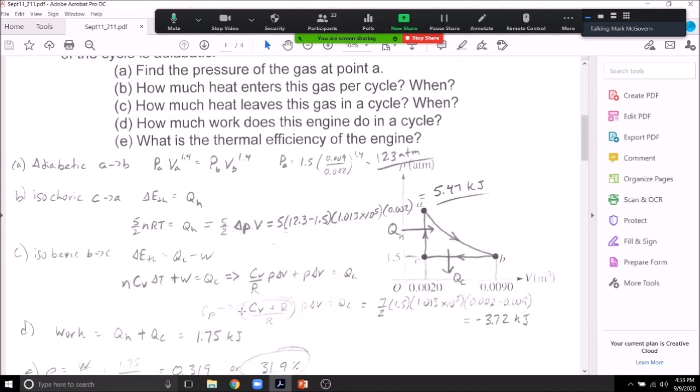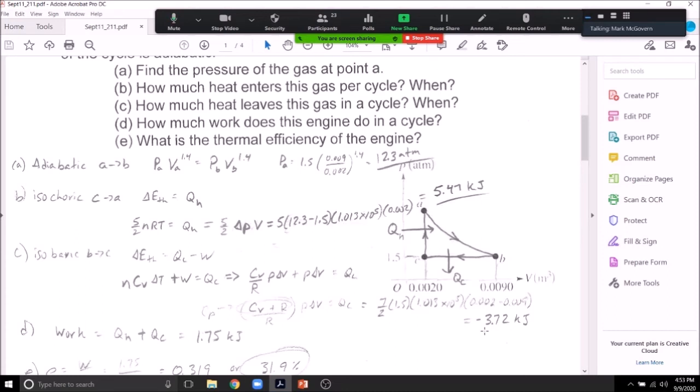Now, by the way, if you remember back a couple lectures ago, we talked about two different values of specific heats for gas: constant volume and constant pressure process. In a constant pressure process, there's extra work being done, so your CP value is a little bit bigger. Actually, it's bigger by R. But you don't need to do that. So anyway, I got CV plus R over R. So that ends up being 7/2 when you do the math here, because this is already 5/2, and you add 1 to it. That's why you get the 7/2. We put in all the numbers in there, the delta V, and we get a minus 3.72 kilojoules.